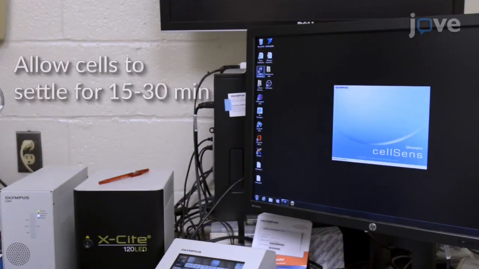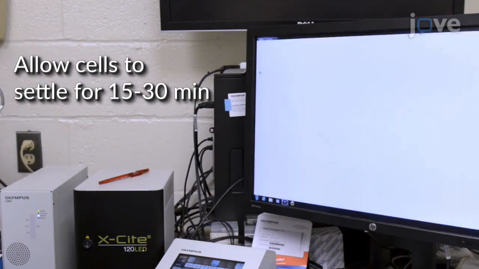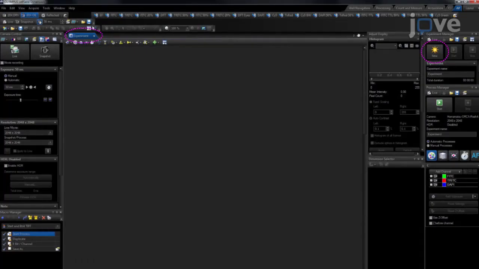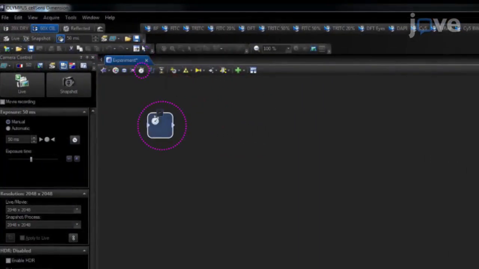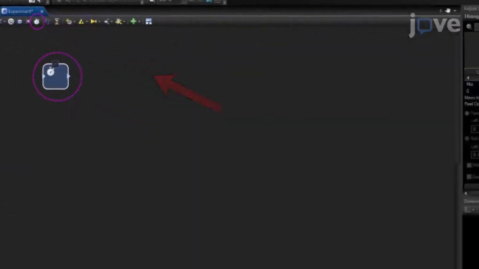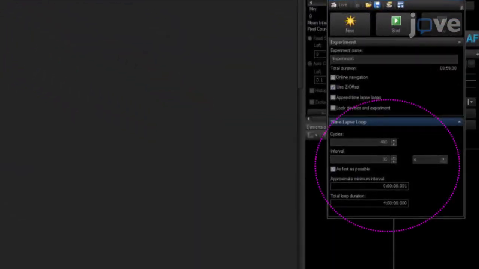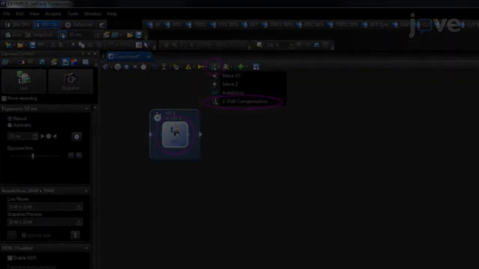While the cells are settling in the chamber, open the live cell imaging software and click New Experiment. To insert a time-lapse loop over which the images will be taken, click the time-lapse loop icon. Set the interval to seconds and divide the desired overall experiment length in seconds by the interval to set the number of cycles. Allow the loop to repeat over the desired total time period. To insert an infrared